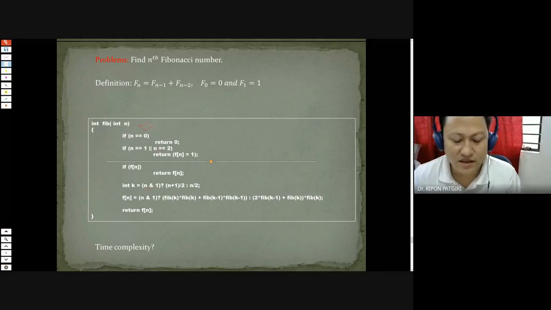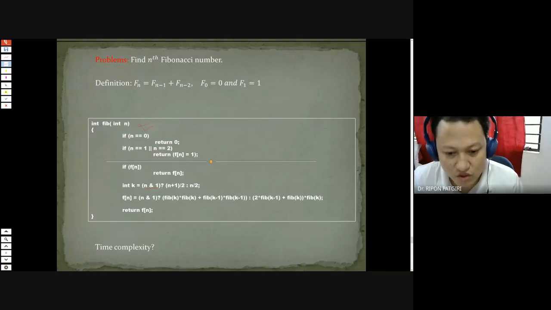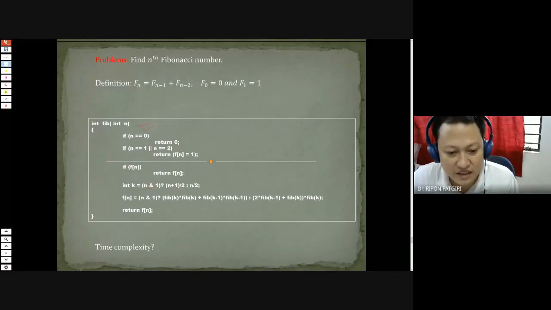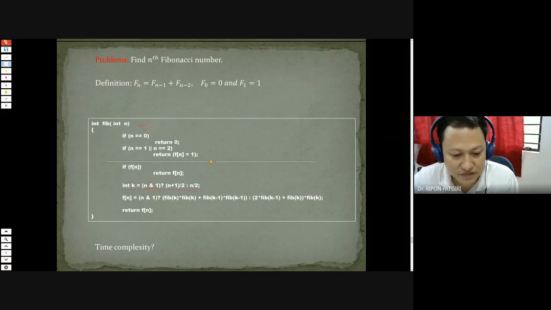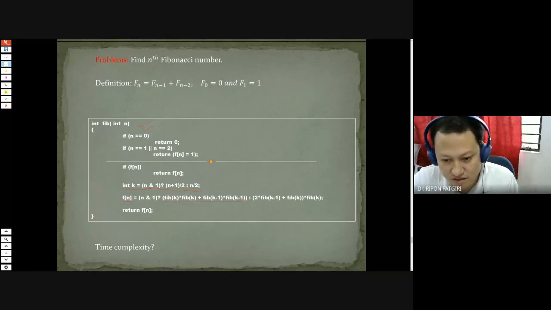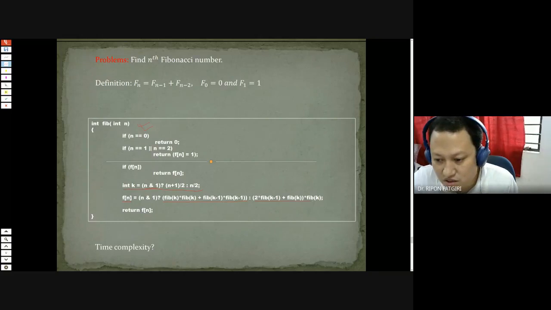What we have discussed in the earlier class: n and 1, so what? It will give an odd number. If it is an odd number, it will give 1. Then if it is true, then it is an odd number. For an odd number, k is n plus 1 divided by 2. Otherwise, it is an even number, just divided by 2. This is binary. We are making binary. And if the number is odd, then we will use this formula. Otherwise, we will use this formula.